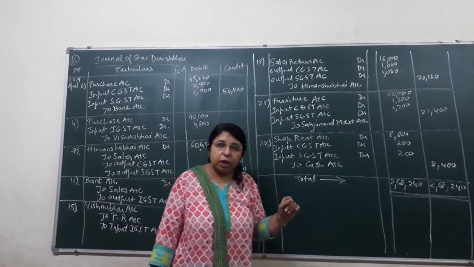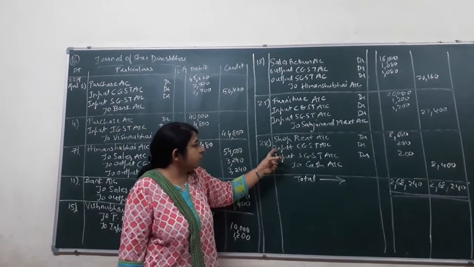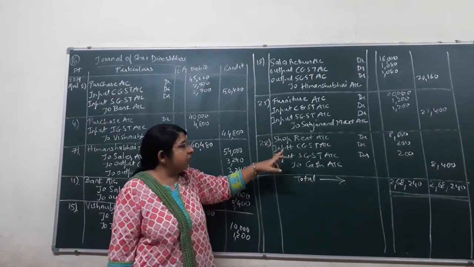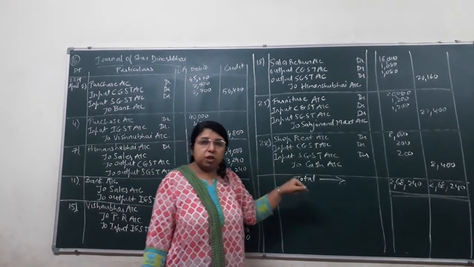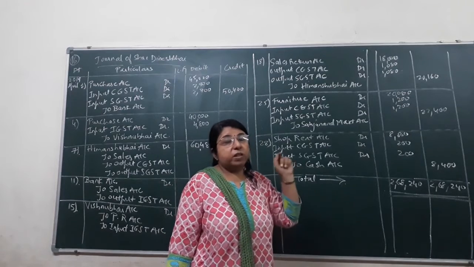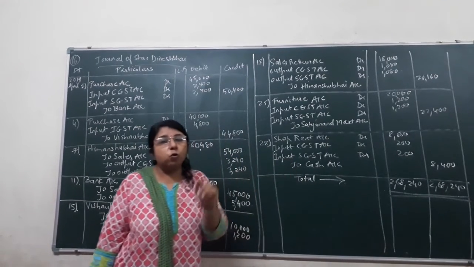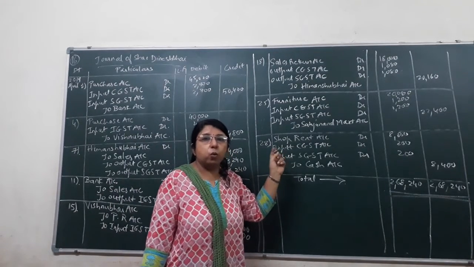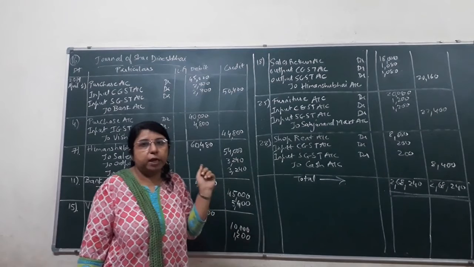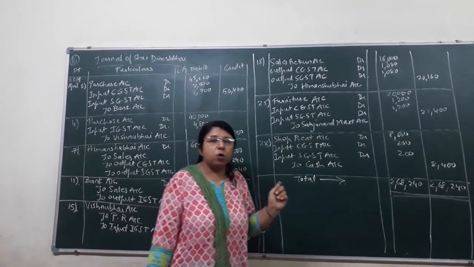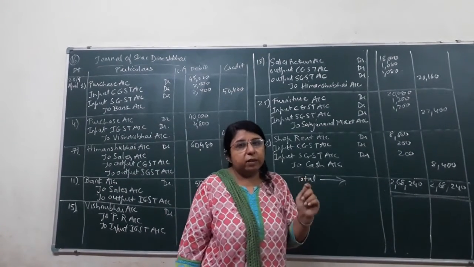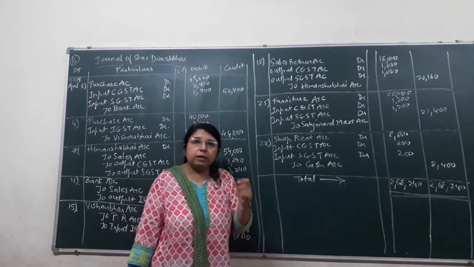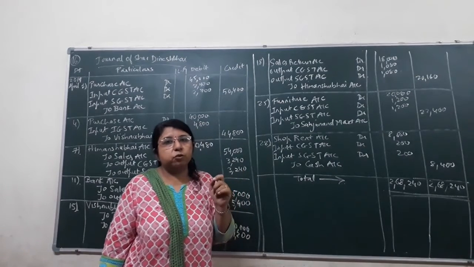It is within the state, so we have to apply two different taxes, input CGST and input SGST. With expense, always the word input will come. With purchase, always the word input will come. With sales and income, always output will come. Remember which terminologies and which kind of tax have to be applied. Be very careful while reading the transaction, whether it is within the state or between two different states. Accordingly, the tax rate should be applied.